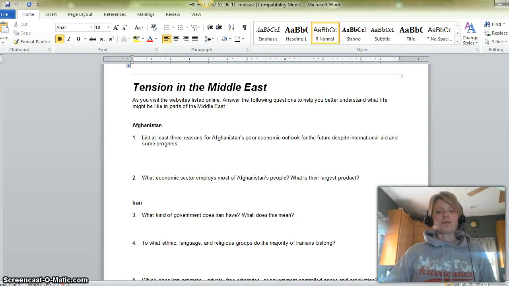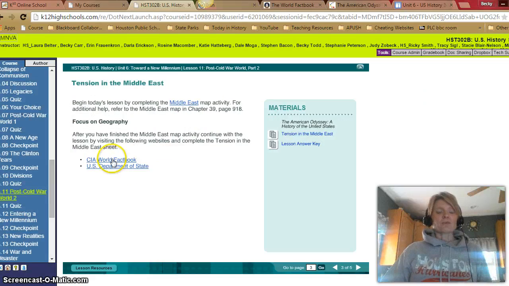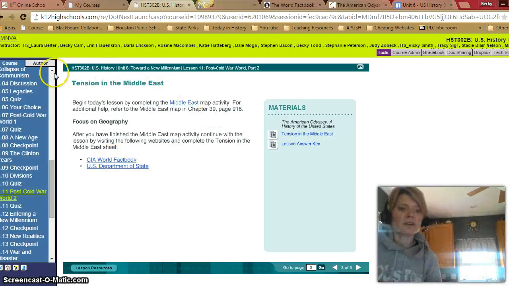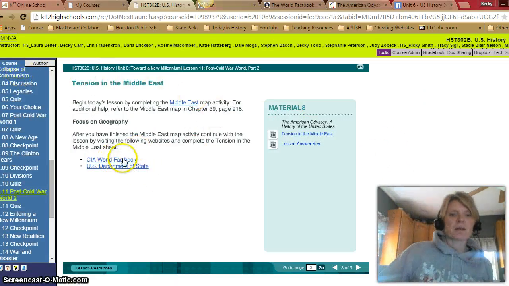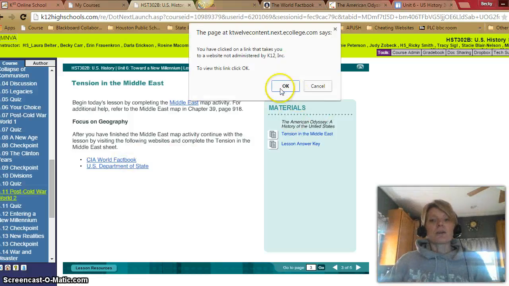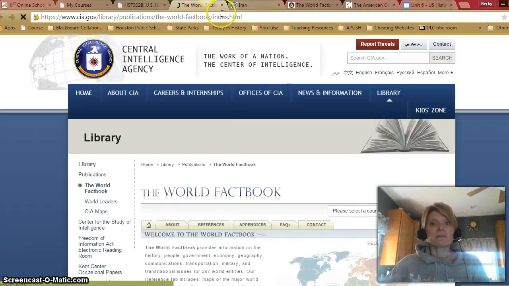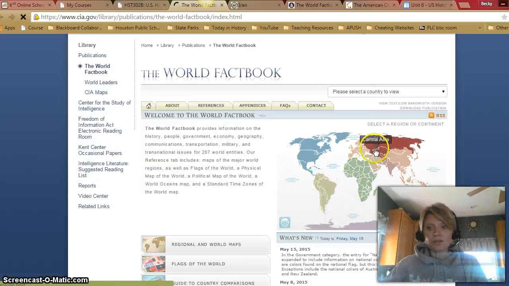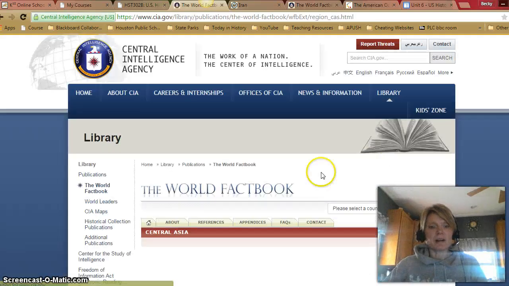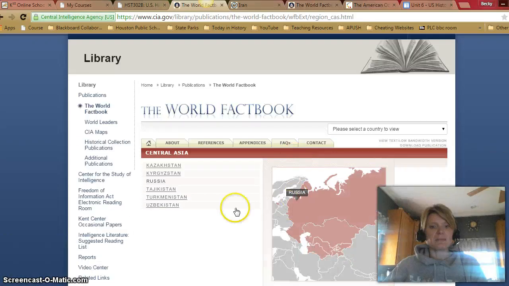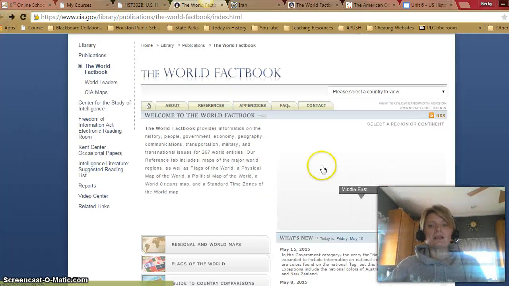Okay, so let's go to the websites. We have the CIA Factbook and the U.S. Department of State website we're going to look at. So looking at the CIA Factbook first. Okay, so we're going to go to the Middle East. Oh, actually, it might be in Central Asia. They might have Afghanistan listed. Let's see. Nope, they don't have that in Central Asia. So let's go back to the Middle East